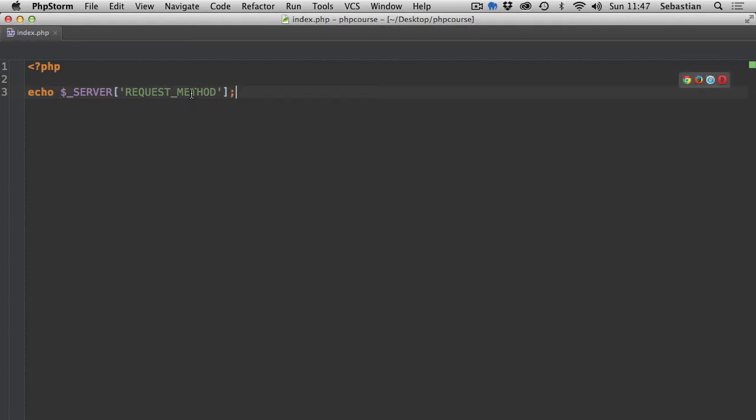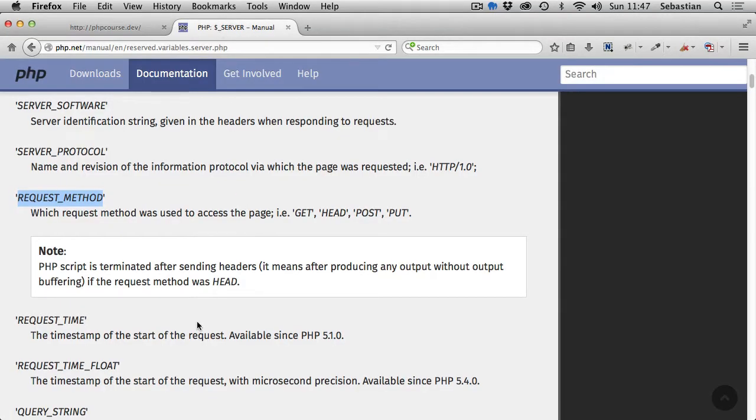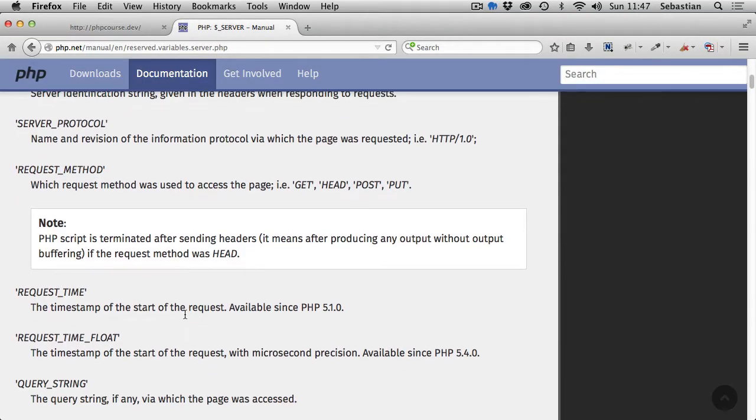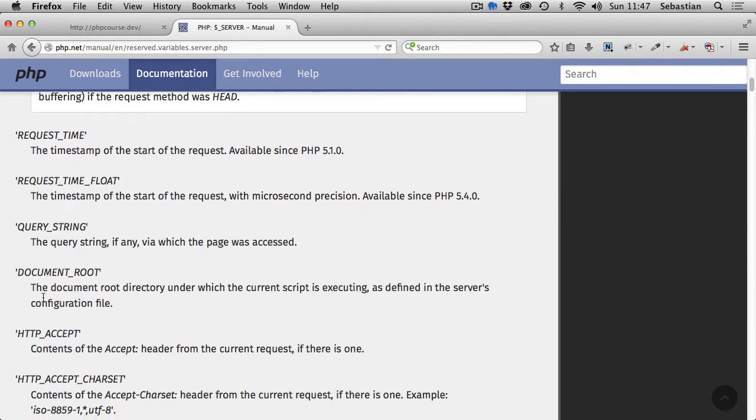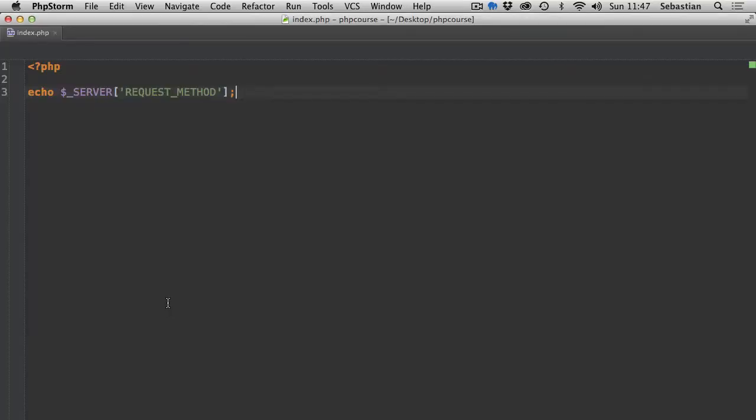And the next one, if we go back to our browser, let's have a look at the specification. The next item I want to have a look at is document root. The document root directory under which the current script is executing, as defined in the server's configuration file. So let's quickly go back to our editor and let's use this one, document_root. If we save the file,